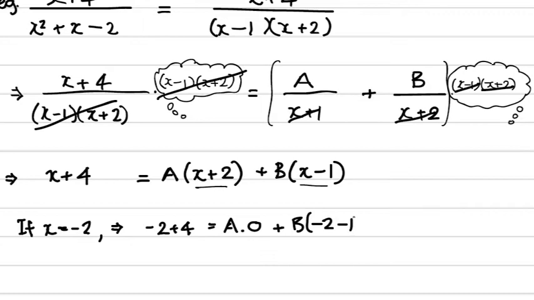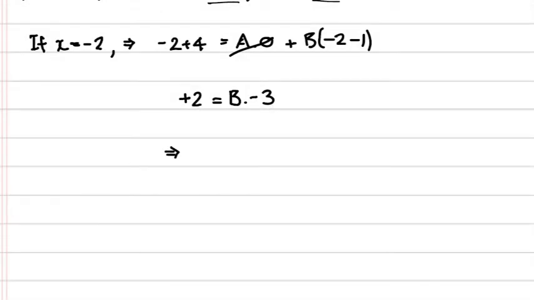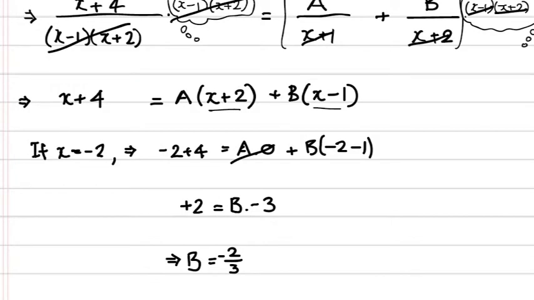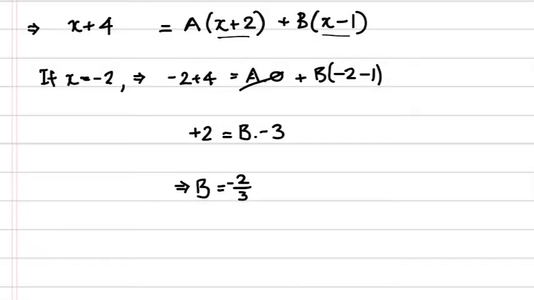And keeping on with our substitution, we get b outside of negative 2 minus 1. Now that, of course, allows us to solve for b. We can see that collecting the terms on the left-hand side, we get plus 2. Over on the right-hand side, we get b times minus 3. Just swinging the negative 3 over to the other side, we can pretty quickly see that b is equal to negative 2/3. Similarly, if we choose a value of plus 1 for x in our original equation, we can substitute